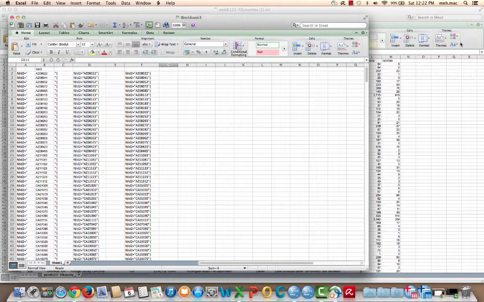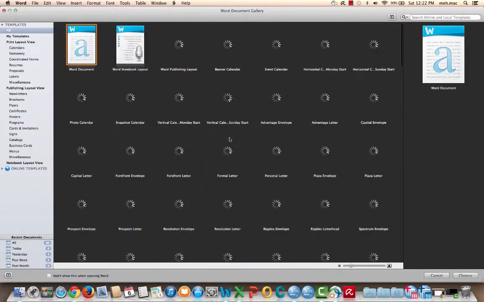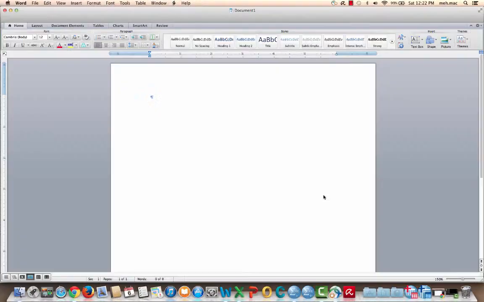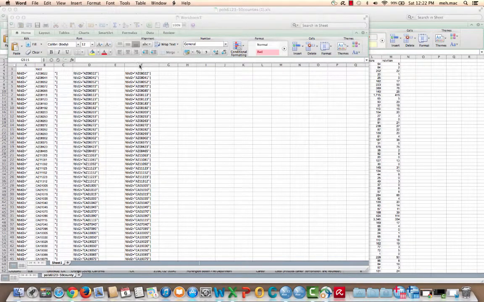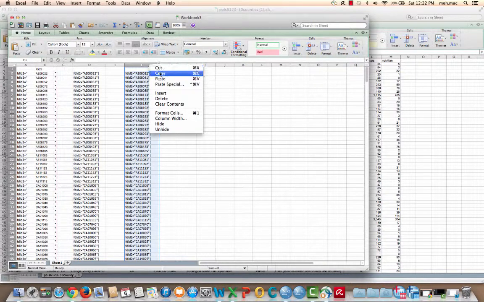Okay, so now we're getting ready to do a little manipulation of that column data in Word in order to get it in a format that will paste easily into SPSS. So let's go down here to this Word identifier. Just on PC, just open up a blank Word document. This is essentially all we need. Okay. From this file, not the formula file, we want the pasted values, right? Let's click copy,